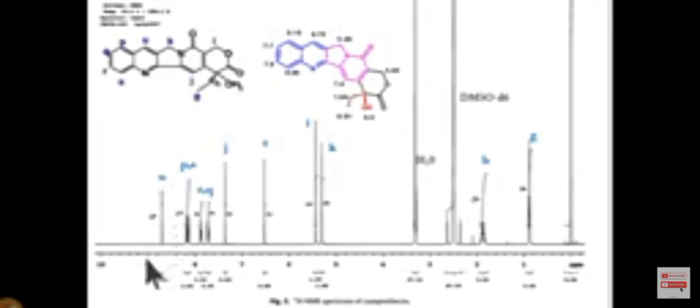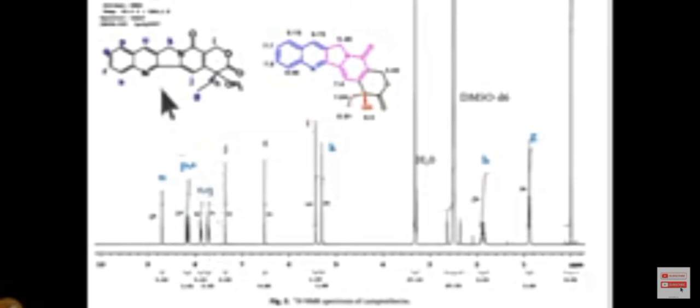And which one is most downfield? U, that is the one para to the nitrogen in the quinoline ring system. This is a singlet at 8.75 ppm, and the most shielded is J, which is here at 7.4. So between 7.4 and 8.7 all the aromatic signals are there.